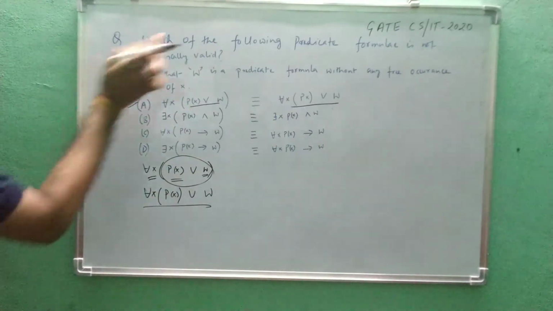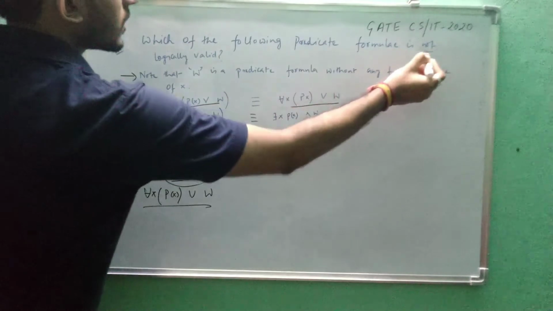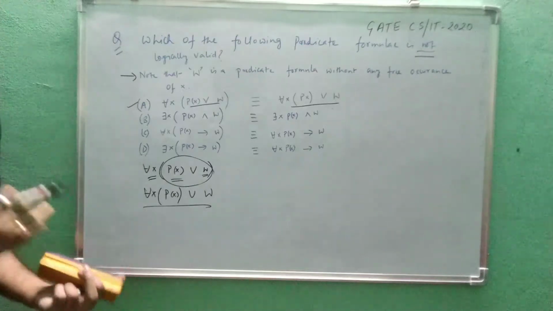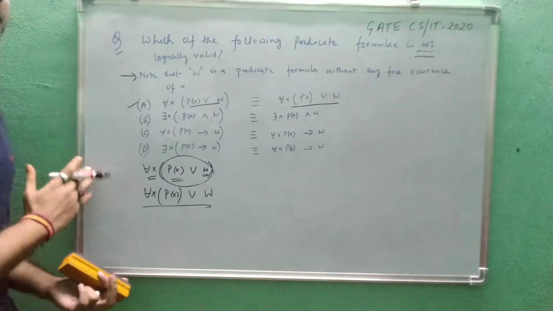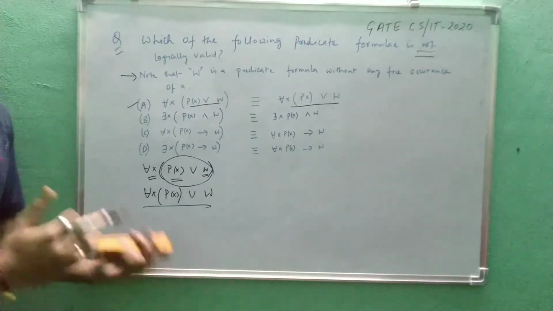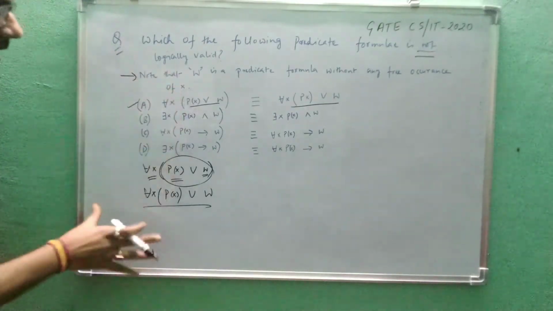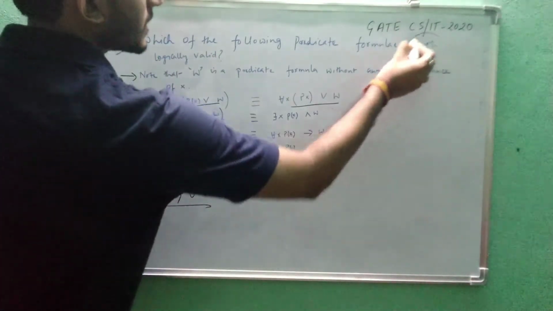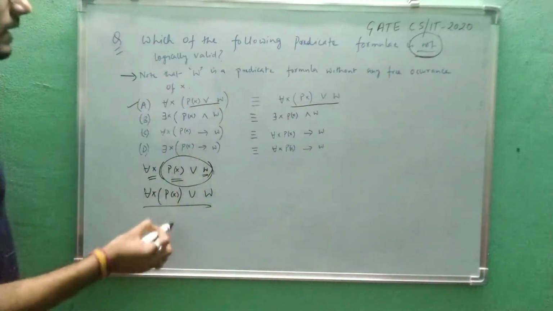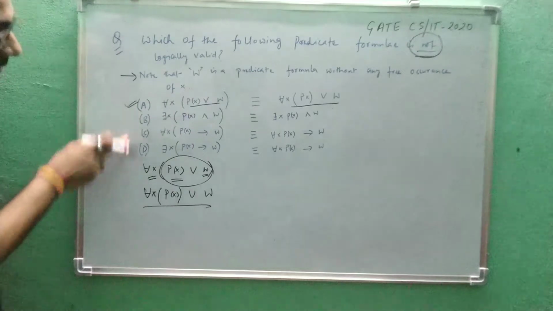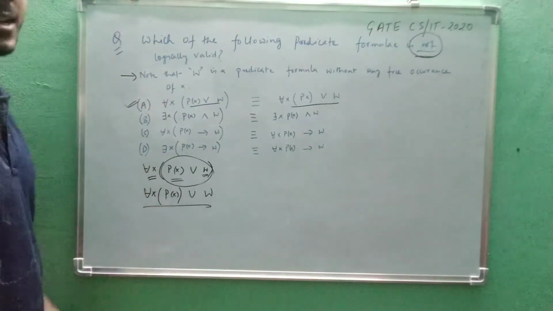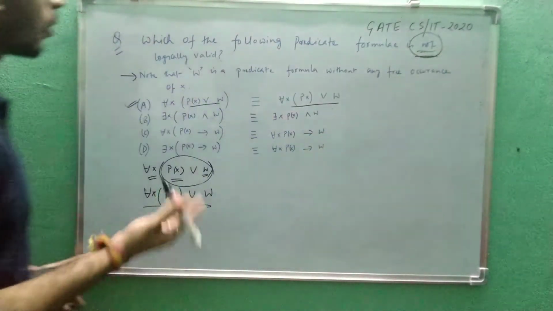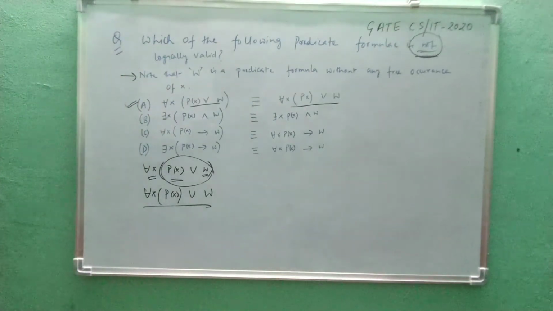But this is not the option we want. We have to tell which of the following predicate formulas is not logically valid. This is one of the silly mistakes which happens with many students. To improve, you have to write a lot of tests and practice a lot of questions, then you'll be habituated. Most of the time we are in a hurry when we try to solve these questions in examinations like GATE. In the hurry, we will not see the word not, and we'll think we have to tell the correct answer, get A as correct, not even proceed with the other options, and simply tick it and be happy that our 2 marks are confirmed. But no, it is wrong, because it is given not. So we have to find which is wrong. A is correct, so A is not our answer.